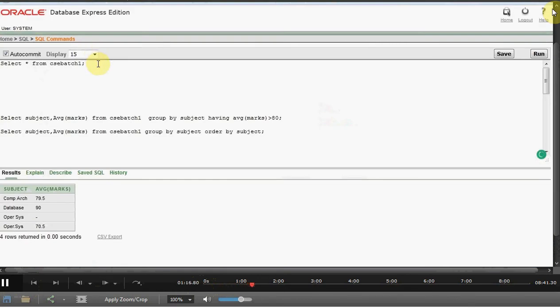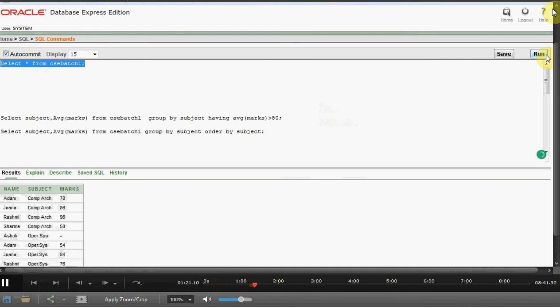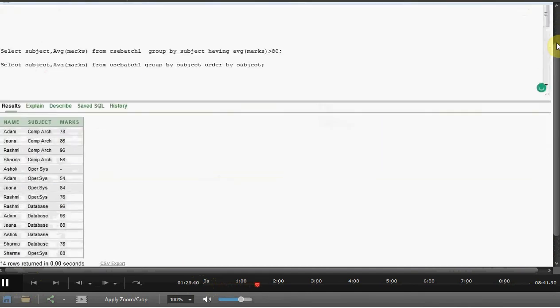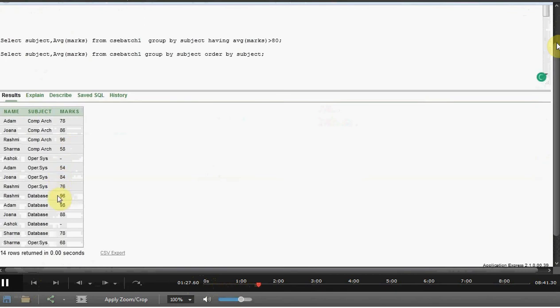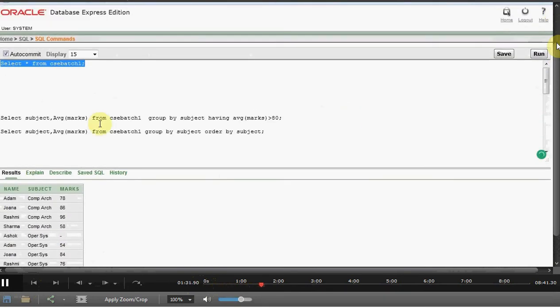Now I've created a table called CSE batch 1, which has the marks for all the 3 subjects: computer architecture, operating system and database. Now what if we want to find out the maximum of all the marks? We normally use the max function, max of marks.